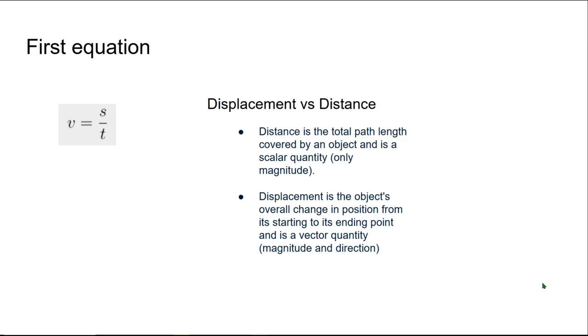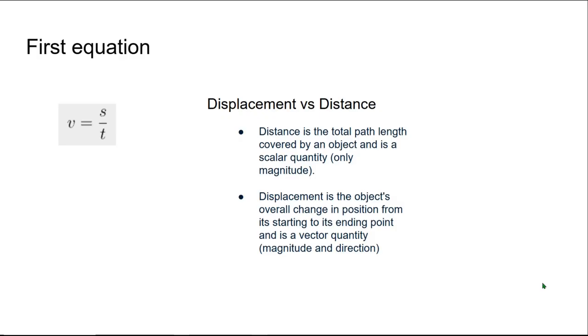The very first and simplest equation you will be taught is the equation for velocity, where velocity, or v, is equal to displacement divided by time. Notice that I use displacement rather than distance in this equation, as these two terms are not the same thing in physics. Displacement measures your change in position, which is depicted as a straight line drawn between your origin point